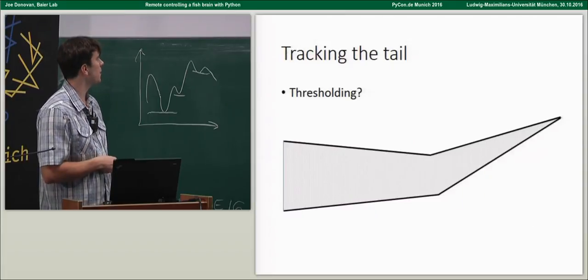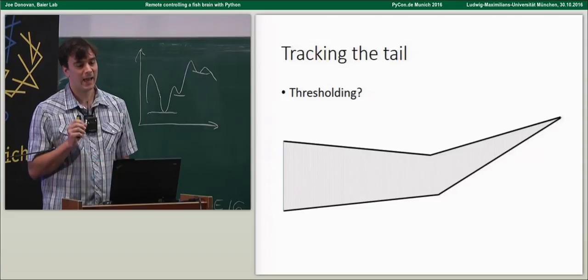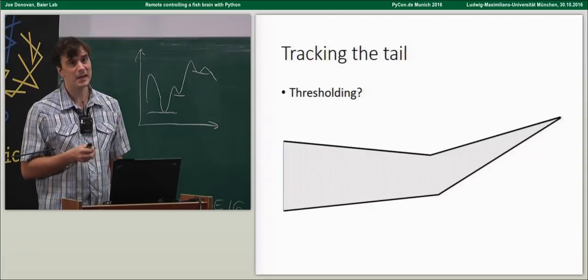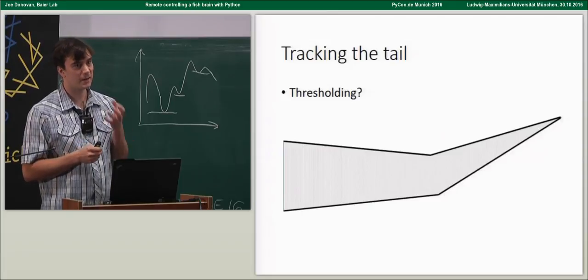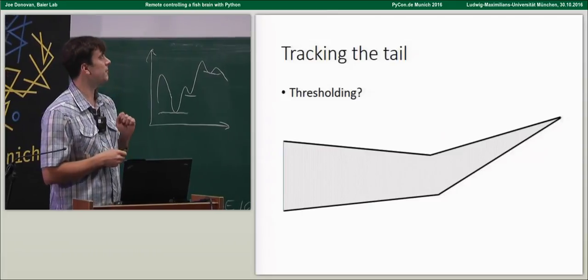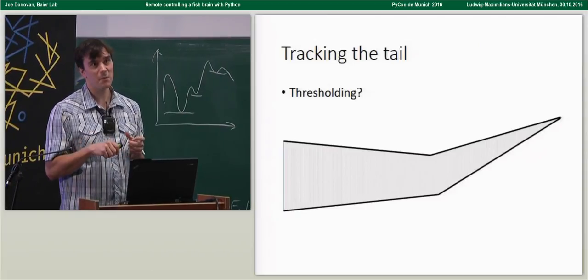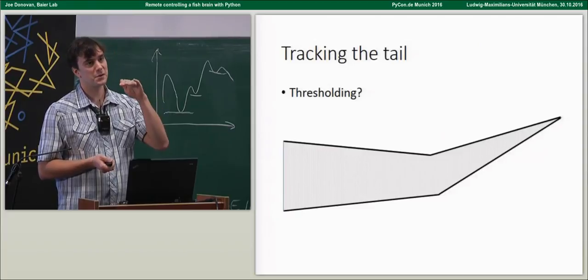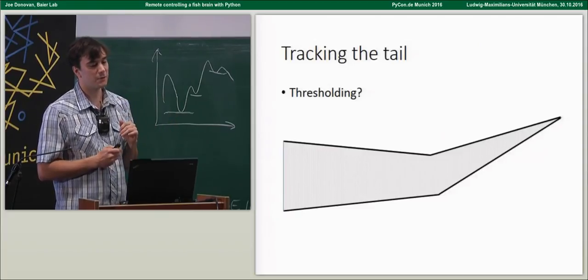And to talk a little bit real quick about how the tracking works, my first thought was, okay, do some thresholding. That shouldn't be so hard, right? And not quite so easy. To have thresholding that would work on any particular setup with a certain set of lighting and a certain lens and a certain camera, okay, not very hard. But then on a different setup or fish with different pigmentation, all of a sudden it would break and we would adjust the threshold and then it would break somewhere else. And what turned out to work a lot better